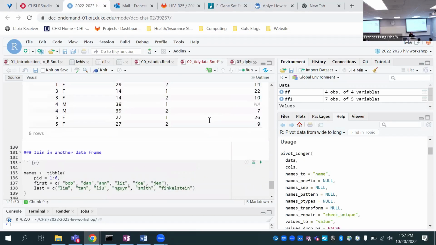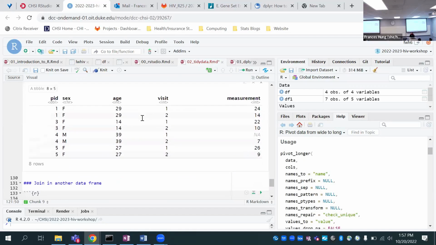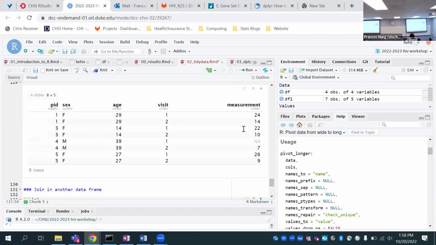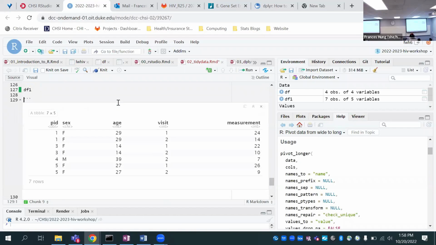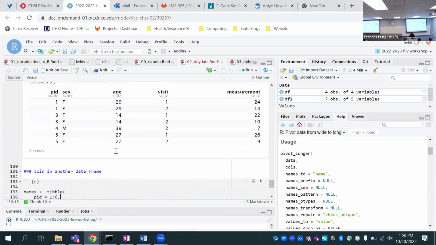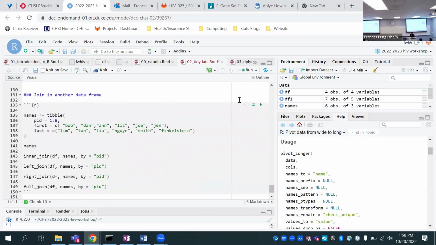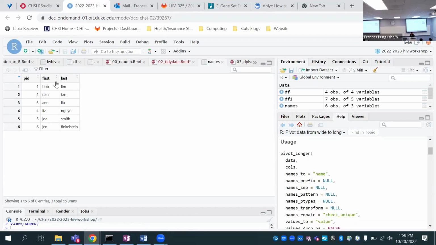Yeah, we can talk about joining data now. This is going to be a lot of information for you guys, so if you have any questions, please feel free to stop us. But let's say we have this data frame, which is nice and tidy now. And we'd like to add some new information from another data frame. Let's say that we have the names of the people, but they're in a separate data frame called names. So if you run it, you can look at names. And it's just their patient ID and a first and last variable name.